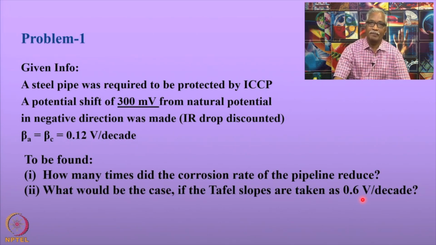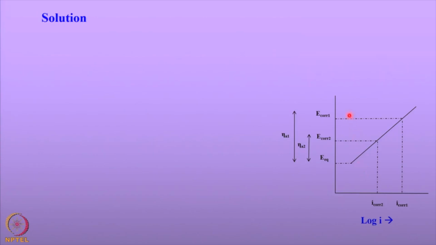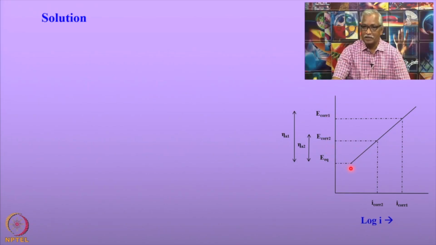So, this problem in turn gives us an understanding of how the tapered slopes affect the intended corrosion rates for a given polarized potential. So, let us look at this problem now. What is given here on the left hand side is the Evans diagram corresponding to the steel, that is corrosion of the steel, anodic polarization curve that is seen here,